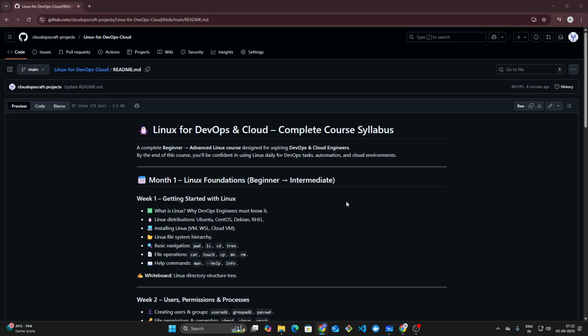If you are getting into DevOps or cloud engineering, there is one skill you absolutely cannot skip, and that is Linux. Almost every cloud server you will touch, whether it is on AWS, Azure, or GCP, will be running Linux under the hood. And as a DevOps engineer, your daily job will involve managing these servers, deploying applications, troubleshooting, automating